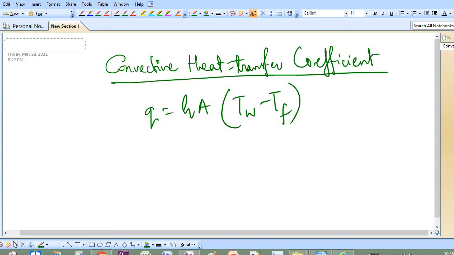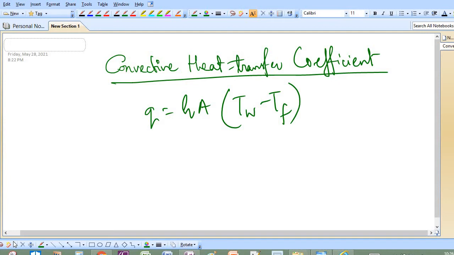Today I will be discussing the concept of convective heat transfer coefficient. After that we will be discussing some problems of combined conduction and convection. This will help you to visualize the situations where both conductive heat transfer and convective heat transfer are